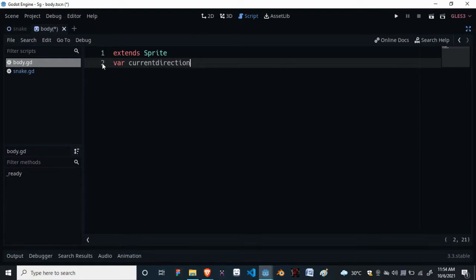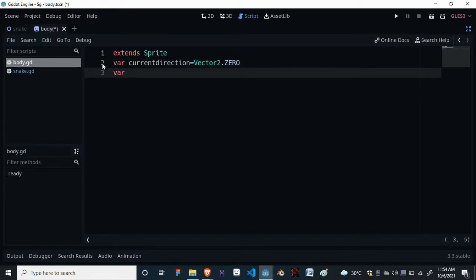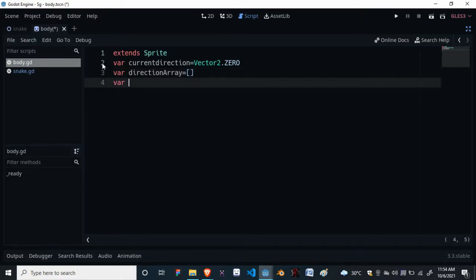These variables will hold the data of the previous body, or the body which was spawned just before this body. So for that we will first create a current direction variable which will have the current direction of our body, and we will create two variables called direction array and position array, which will hold the data of positions and direction which have been passed by the previous body.